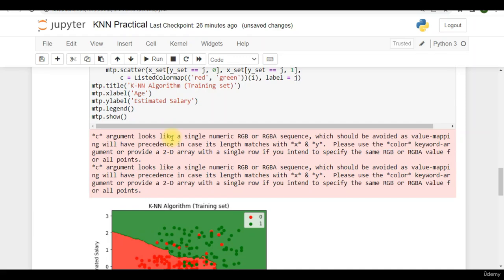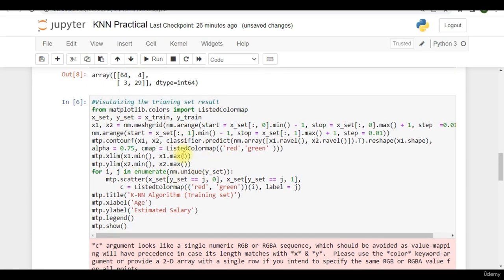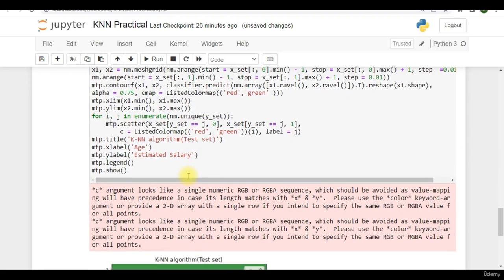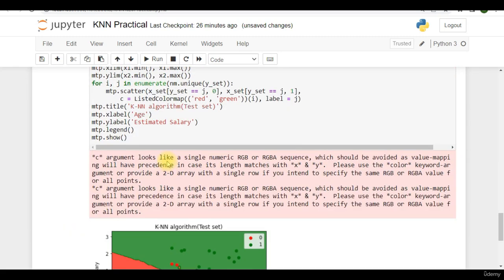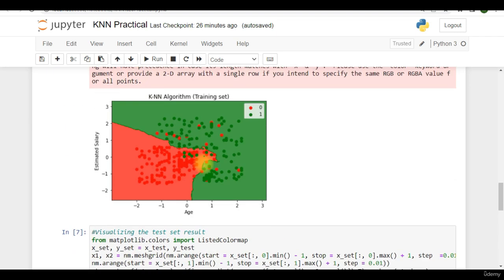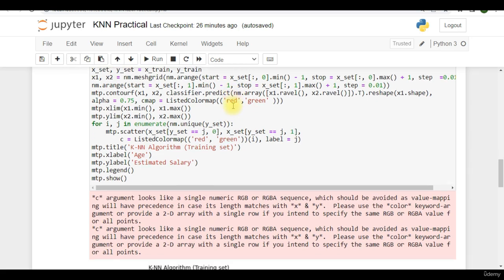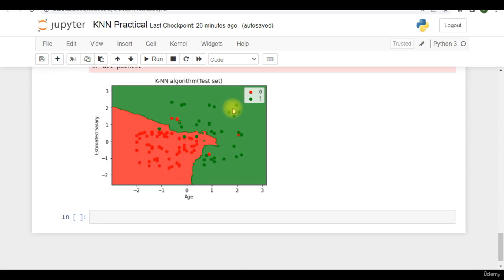Now these two cells are for visualization. This code is for the visualization of the training set, and this is the visualization for the testing set. Here we have estimated salary and here I have age, and then I'm predicting based on these two features. This is for the test set and this is for the train set. You can have a look at the visualization and try to understand the algorithm in a better manner. I hope you are clear with the working of KNN, and now let's move to the